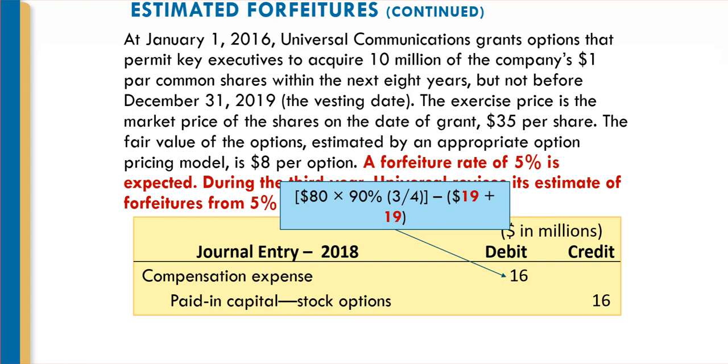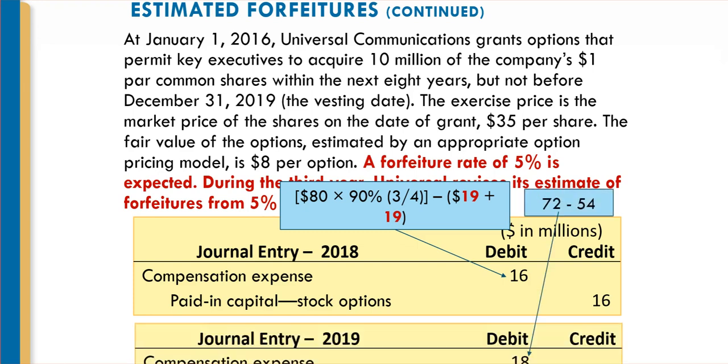Now, if you are going to go on to the next year, you're going to do whatever you need to do to get the paid-in capital stock options up to what? Right, 72. So this is the way it's handled. Again, you're not spreading the difference equally because in the next year, it's 72 minus 54 or 18. So 2018, it's 16. In 2019, it's cut off here in what you're looking at. I know it's the same journal entry. However, the amount of the journal entry is going to be 18 for that next year.